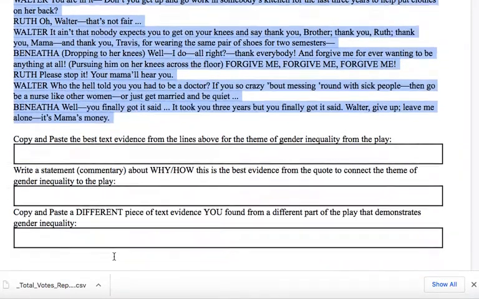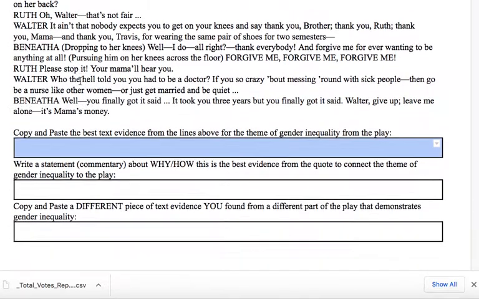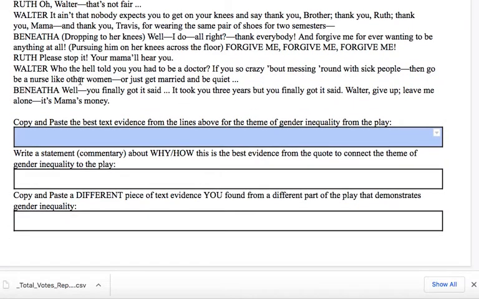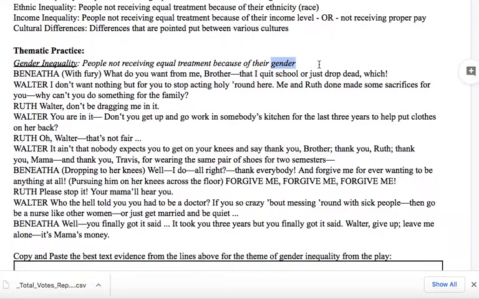What you will do is copy and paste the best evidence from that excerpt here, proving that theme of gender inequality. This is the part where you will write your commentary about how or why the evidence you put here best proves this thematic idea: the idea that in this play, there are people that are not receiving equal treatment simply because of their gender.